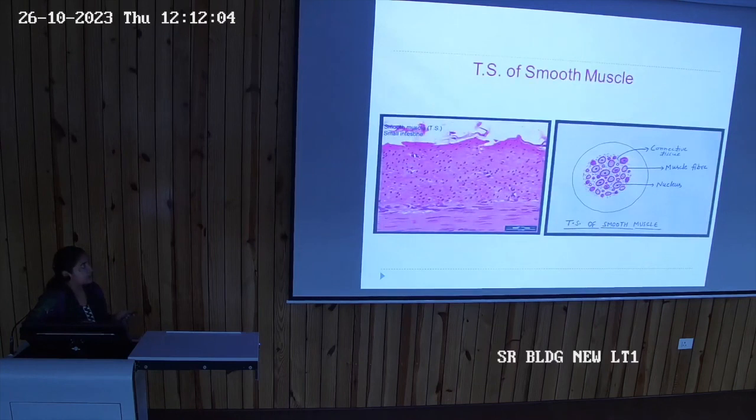This is the transverse section of the smooth muscle. In the transverse section of the smooth muscle, you will just see the dotted nuclei. A whole of these muscle fibers are stained pink and the nuclei will be seen as dots. And when we draw the diagram, we can see these individual fibers, they are circular in shape. So these are the muscle fibers, and circular, round nuclei would be present in the transverse section of